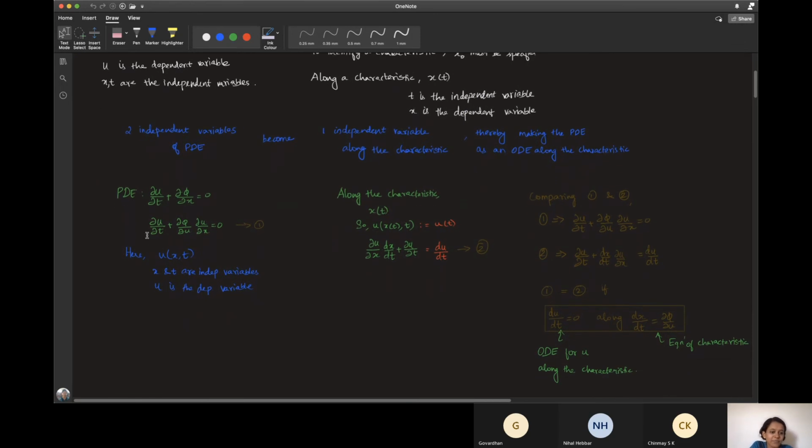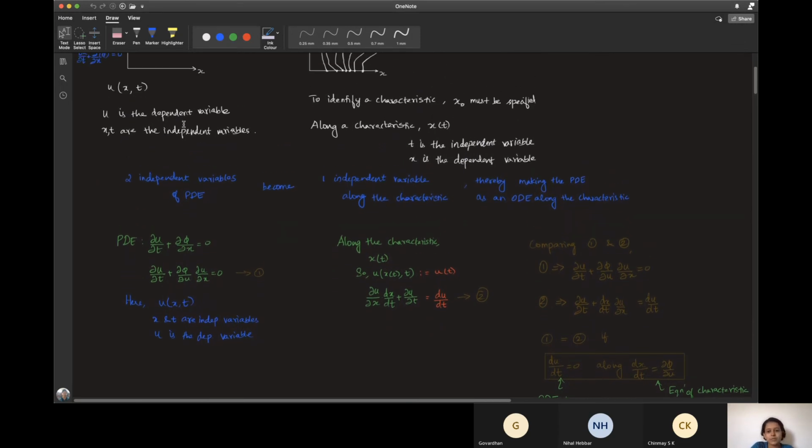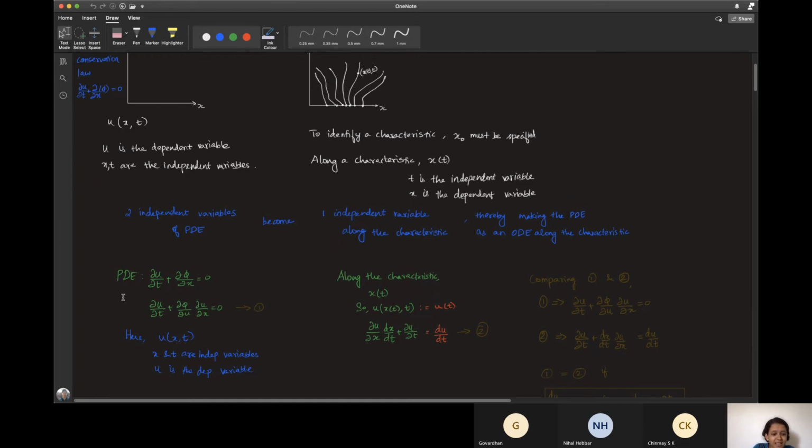Now, yes, I have written the PDE here, which is dou u by dou t plus dou phi by dou x equals 0. And u is the conserved variable. So any variable which is written inside a time derivative becomes the conserved variable. And any variable which is written inside the spatial derivative becomes the flux in that spatial direction. So we have seen the derivation of conservation law before.